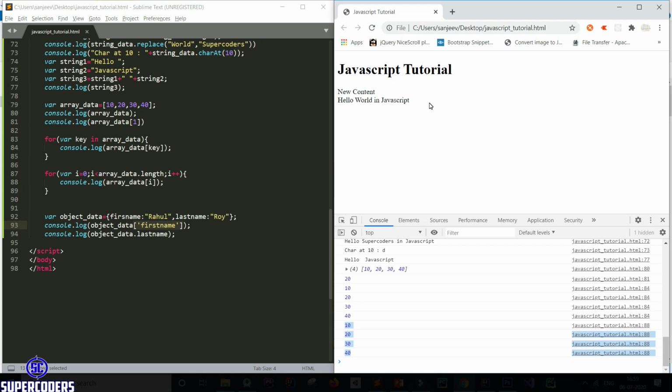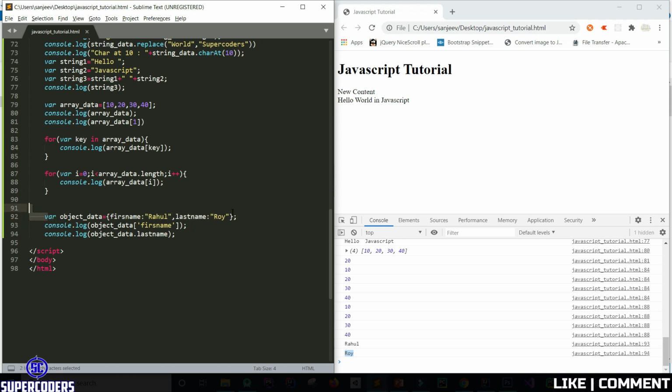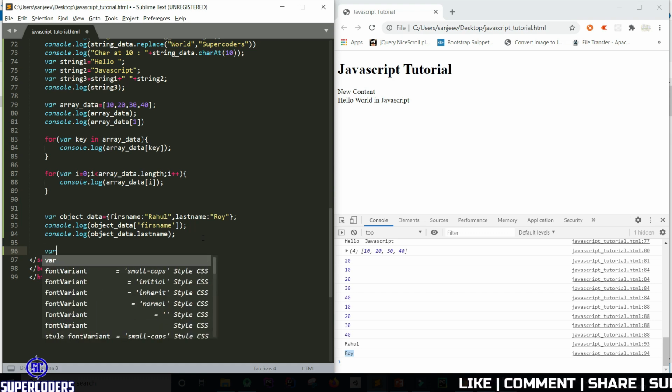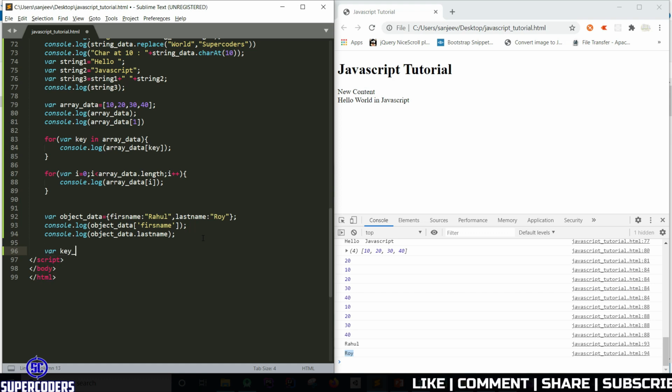Now let's run the program again. So here you can see it's showing an error. I think, okay, the key is wrong. Let's correct this. So you can see I can access the data in both ways. So you can use any way for creating key value data here. You can also create a list of key value data. Key list data. So you can create a list of object data.